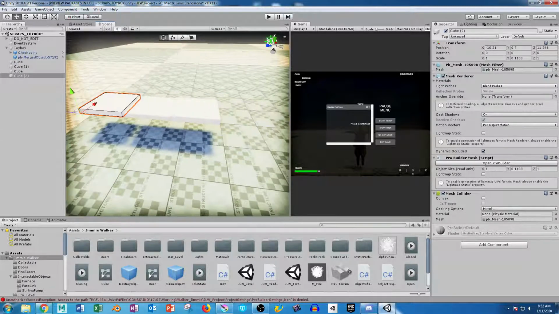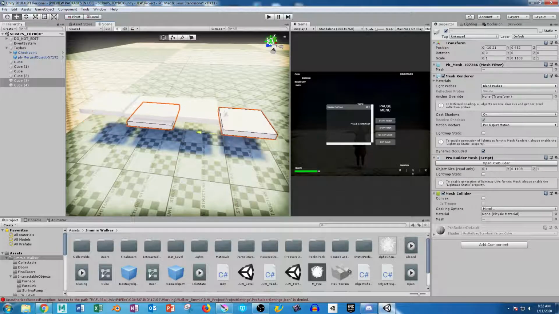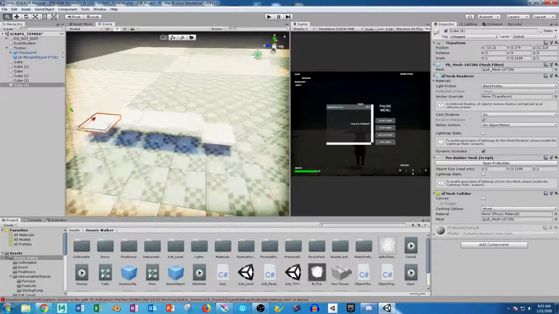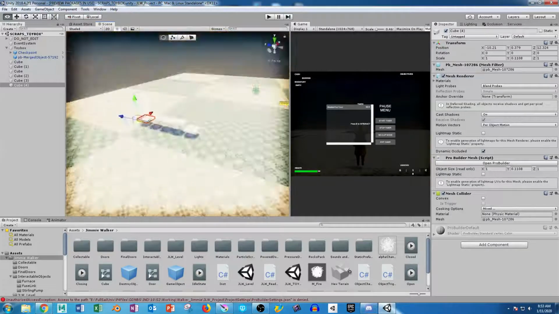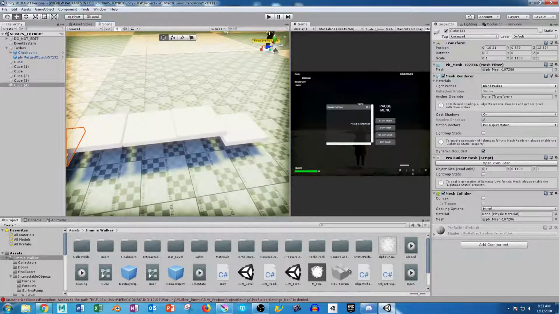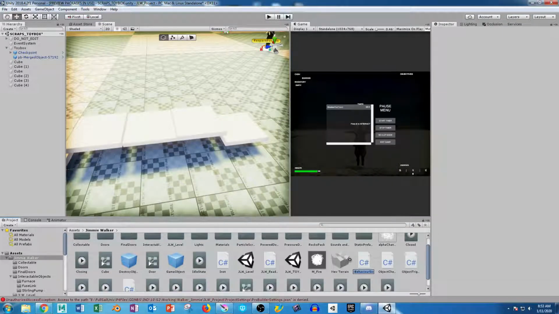Alright, so after that, I'm going to duplicate these one more time. The only purpose of this duplication is so I have a way to get up here and down real quickly and easily. Alright, so we've done that. Next thing we need to do is create a new script. So I'm going to go here and create a new C# script. I'm just going to call it